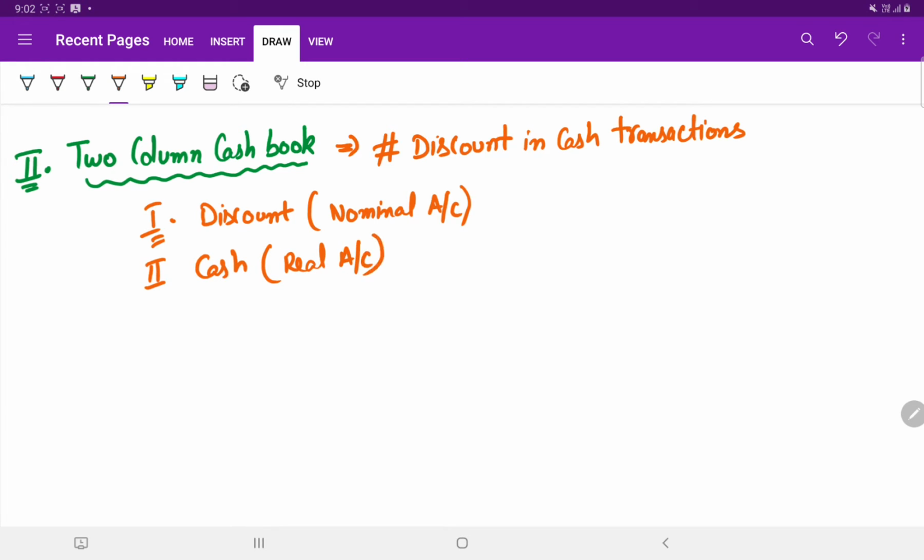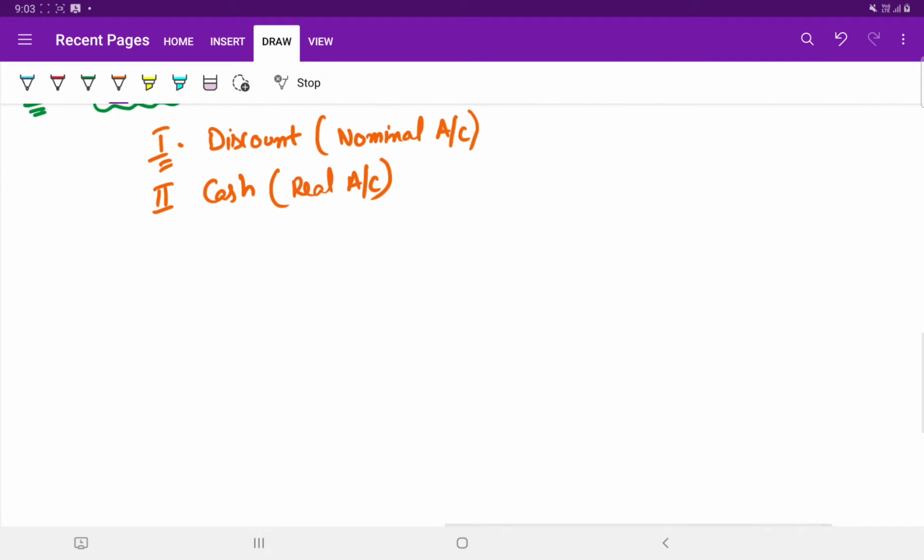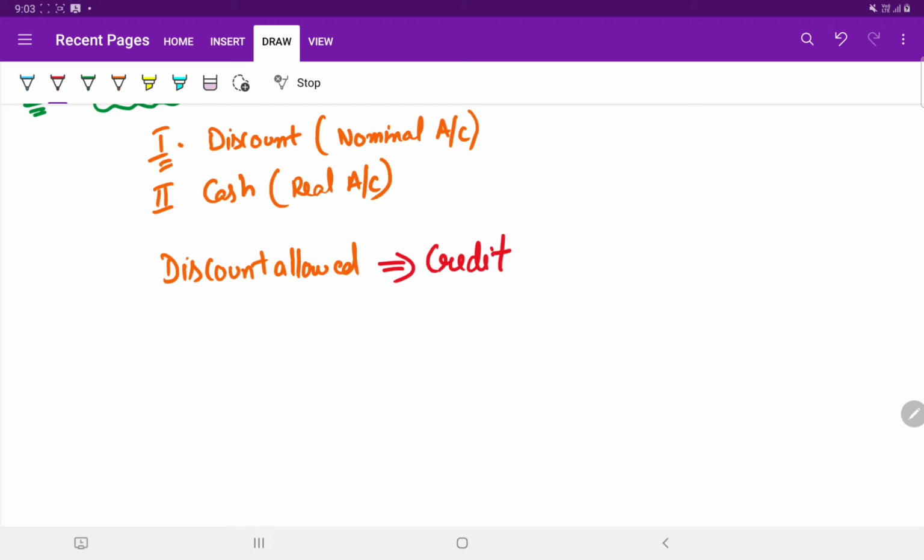So, you will have to maintain the difference over here. This is for the cash discount that is received or allowed by any businessman. Each item of the discount allowed is recorded on the credit side. Every time this entry will be mentioned on the credit side, so remember this thing. While the items of the discount received are always posted to the debit side of the respective personal account.